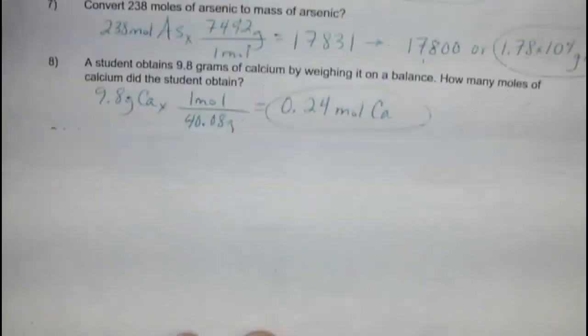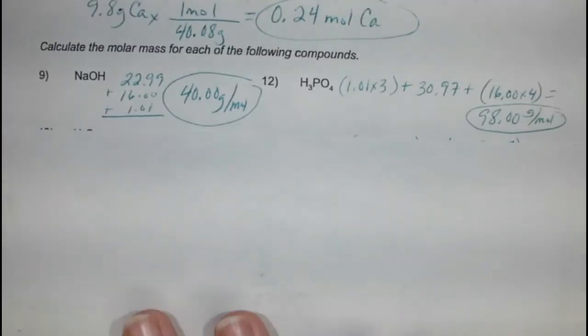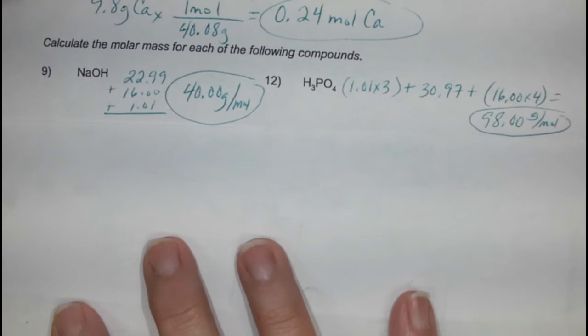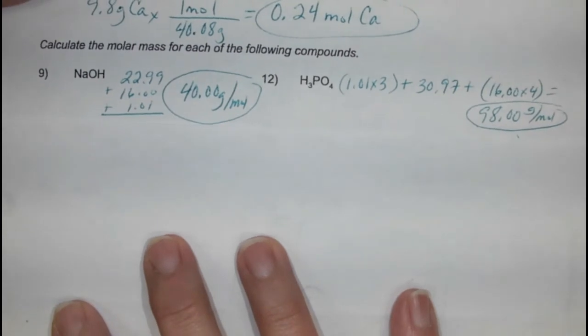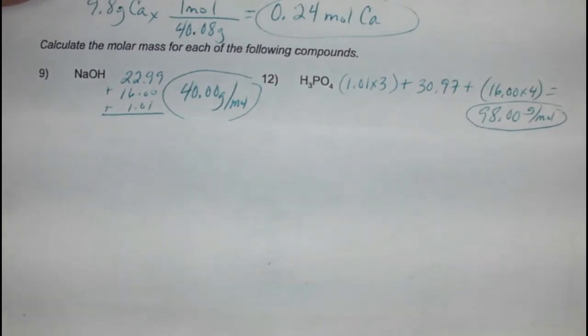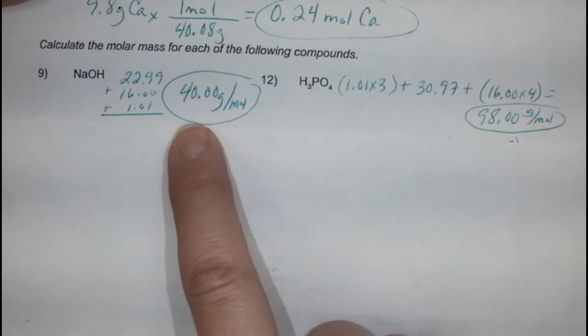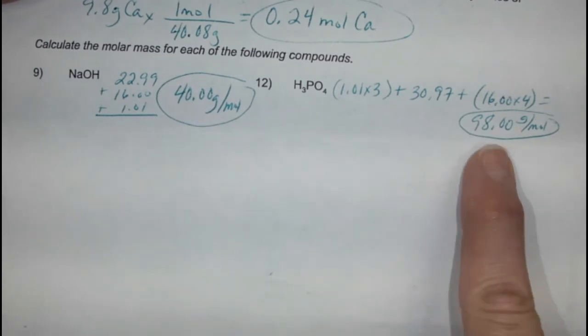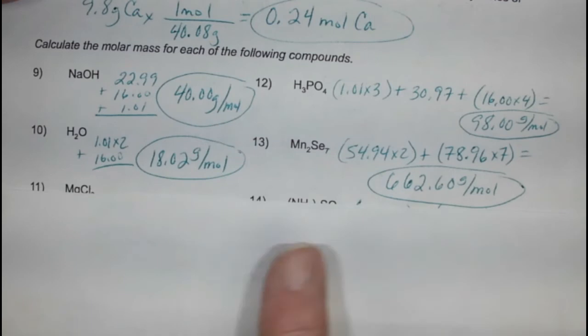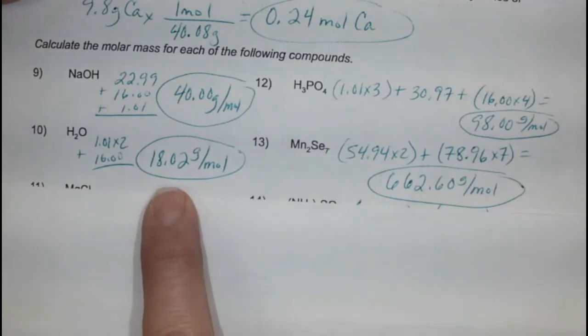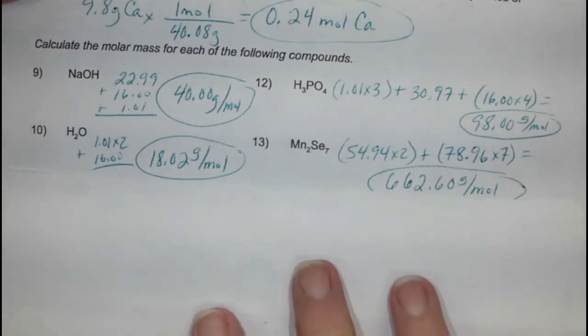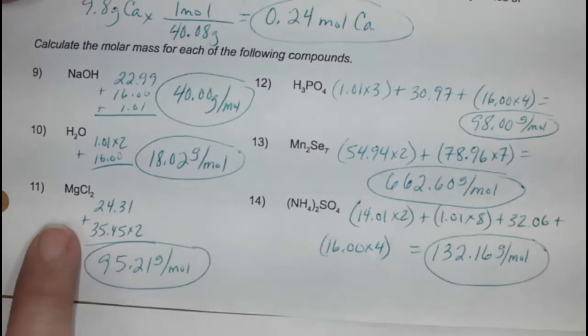All right, now for the molar masses, remember we just added up all of the masses of all the atoms that are in the formula. And number 9 should be 40.00 grams per mole. We're always going to report it to 2 decimal places. Number 12, 98.00 grams per mole. Number 10 is 18.02 grams per mole. I guess it went this way. 11 down here is